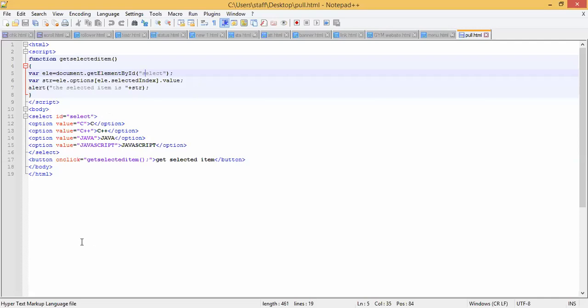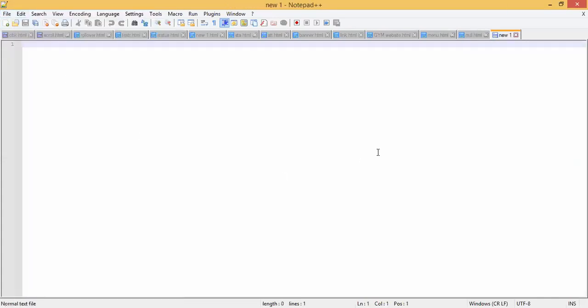Okay, so we will do the next example. I'm taking a new example of the pull down menu. In that, we will be doing a validation. Firstly, we will see the dynamic changing menu, then we will see the validation one.